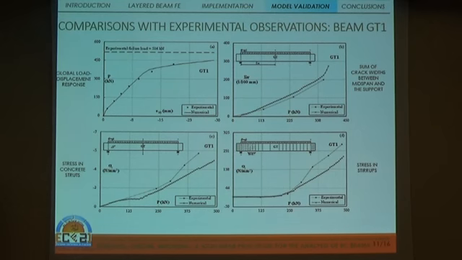Some of the results are here reported both in terms of global load-displacement response and in terms of the evolution of some selected local variables as loading increases, which are very important in order to perform serviceability verification. As an example, here I reported the evolution of the sum of crack widths registered at the level of the tensile reinforcement between the midspan and the support, as well as the stress in concrete struts and the stress in stirrups. And the model is able to quite correctly catch the behavior. For example, in the case of stirrups, the model catches the fact that stirrups are in compression until the formation of an inclined shear crack which intersects them, and then they work in tension.